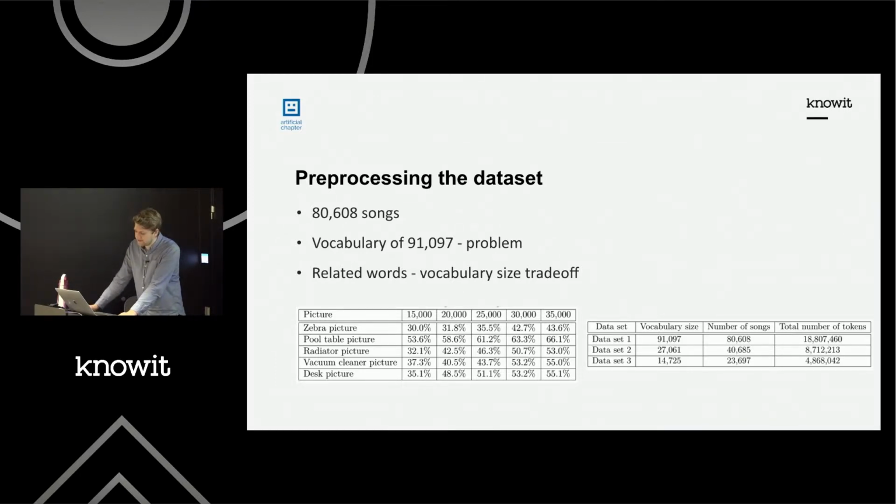Second of all, it's not feasible to expect the neural network to be able to predict 90,000 words. Let's say the word is only in the data set one time. Then how is the neural network ever going to learn to predict that word? It's just not possible. So these are the words I'm going to, from now on, call zero prediction words, because they're there so rarely that the neural network never learns to predict them.